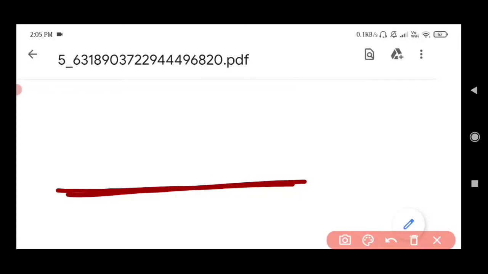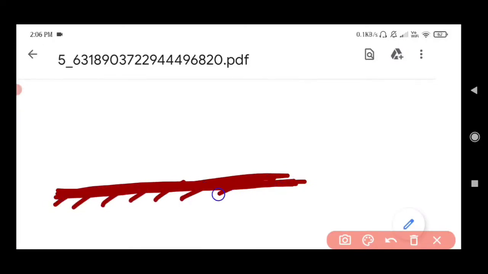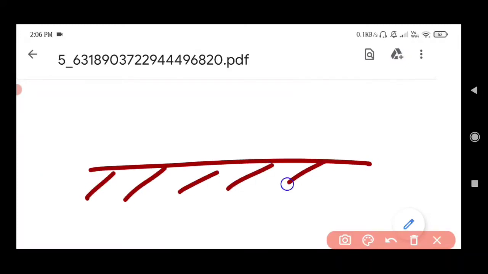Okay, suppose I have taken a plane mirror, and remember how I told you to represent a plane mirror. I have to draw a line, and for the reflecting surface you leave it like that, and for the non-reflecting surface you have to draw lines like this. So this is the reflecting surface, and this one is the non-reflecting surface, and suppose this is a normal. What is a normal? Basically, this is just a reference line.